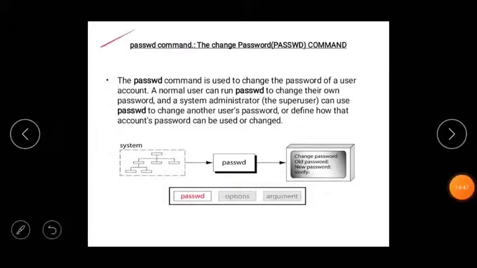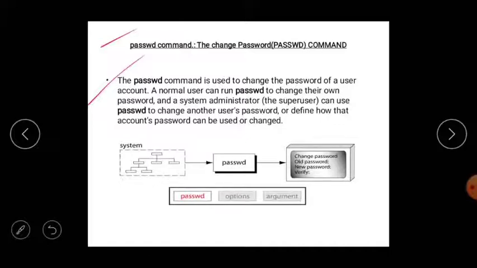Next command is the passwd command. Okay, why is this passwd command used? To change the password. The passwd command is used to change the password of a user account.